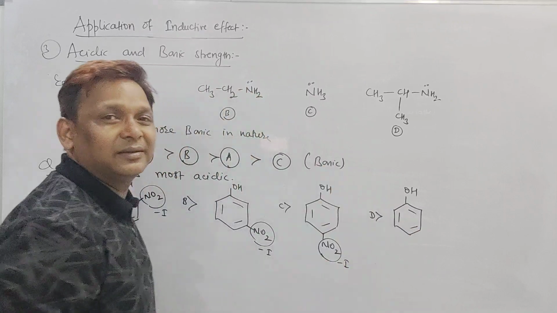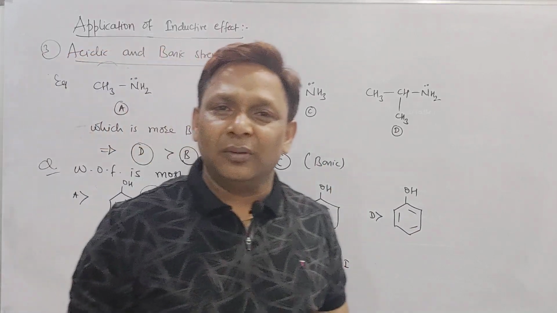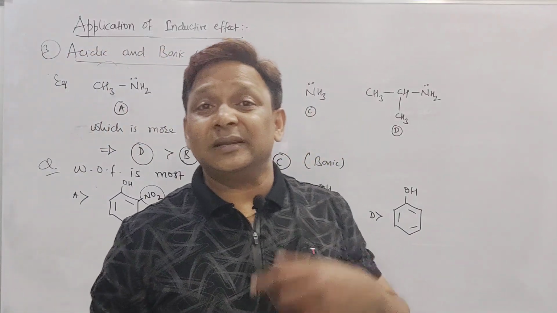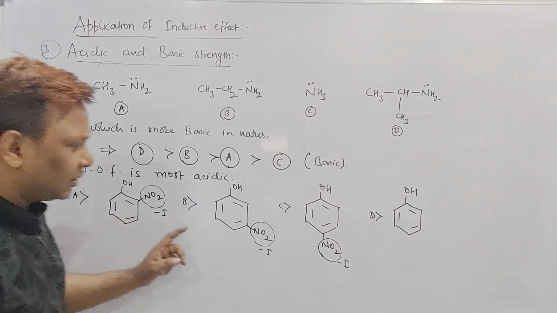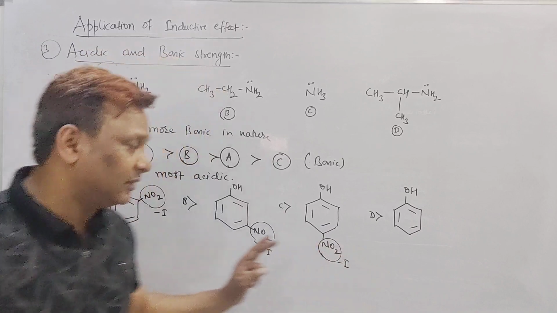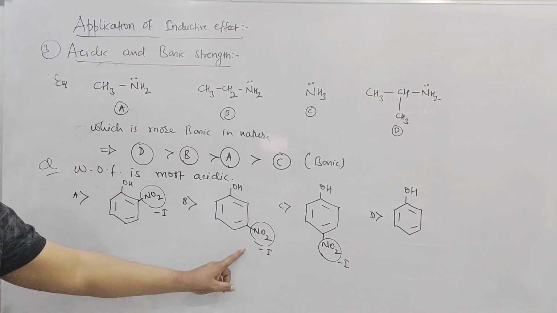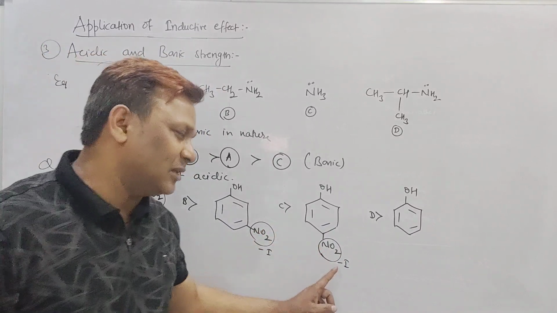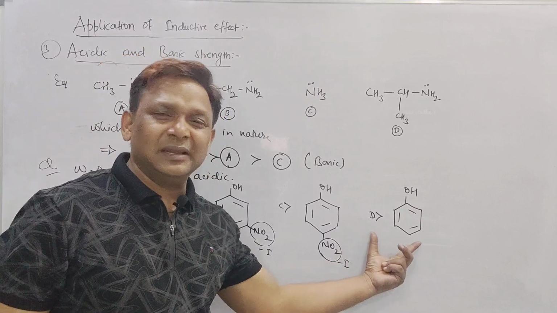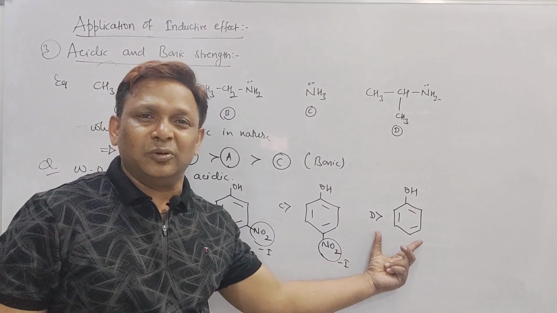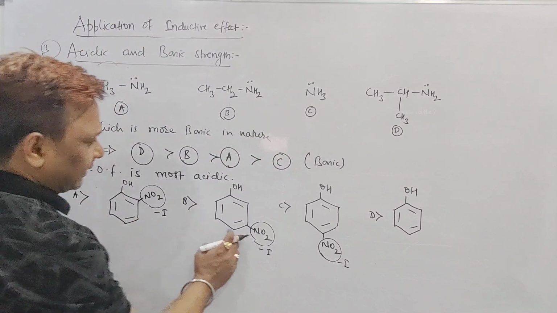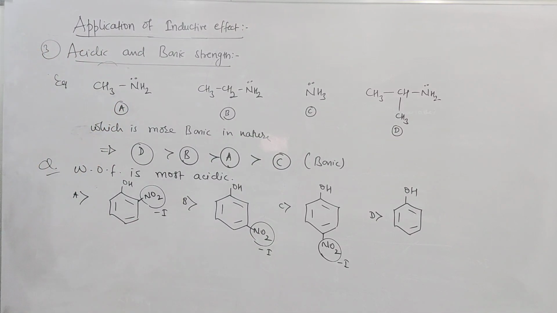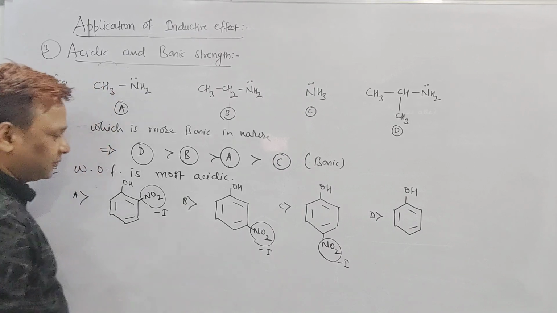Here nothing is there. And you know, beta, as the number of minus I increases, acidic strength increases. So among the following, the more minus I, the more the acidic strength. Here also one minus I, here also one minus I, and here also one minus I. Anyhow, the first is the least acidic in nature because we don't have any minus I group on it. Very good. Now all the three have one minus I, so which is the most acidic? Right, beta?